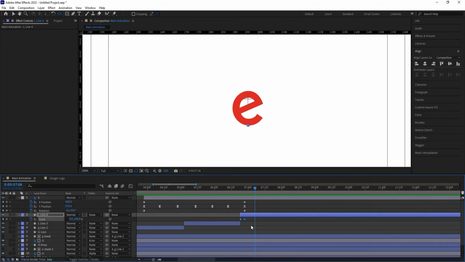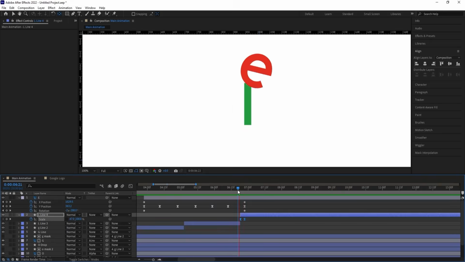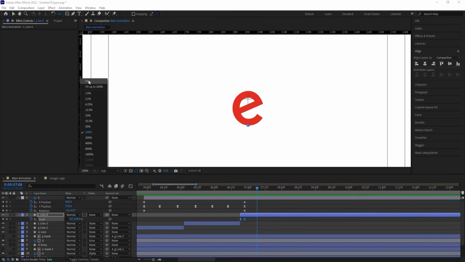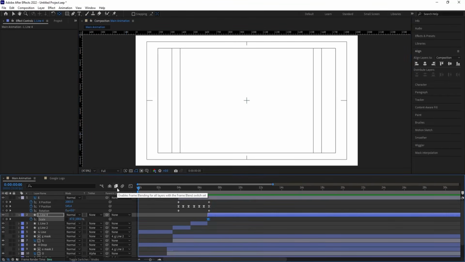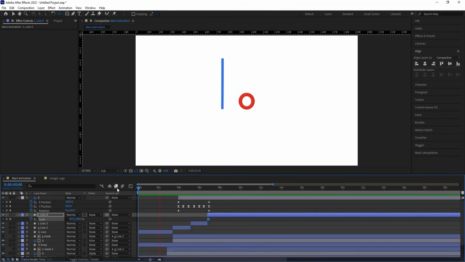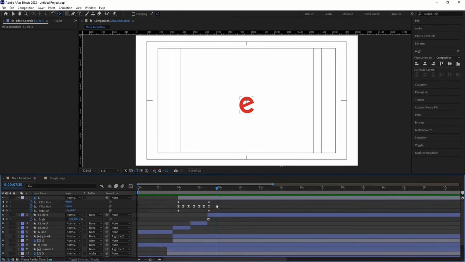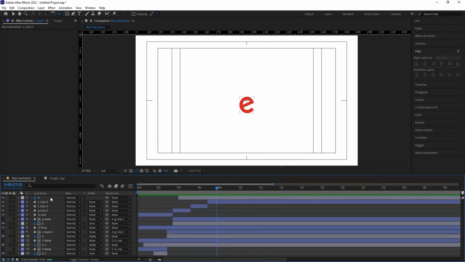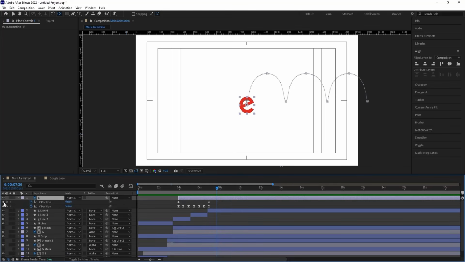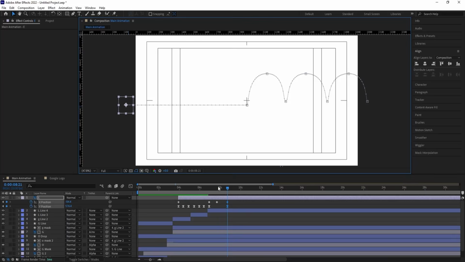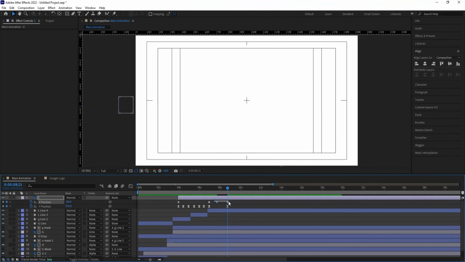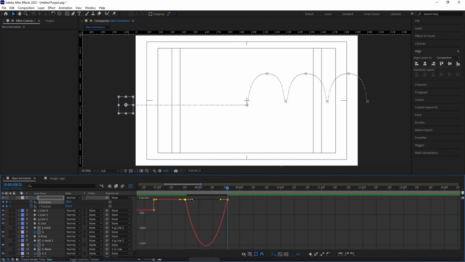Select those keyframes and let's hit F9. Okay, like that. Now after that, let's go and see this animation. First I'll get this, this, then this. Now after that, so hit U, select this E, press P for position, create one keyframe at X, go few frames forward, and let's move this over here. And select those Y position keyframes, hit F9, go to the graph, select this by holding shift, move this handle